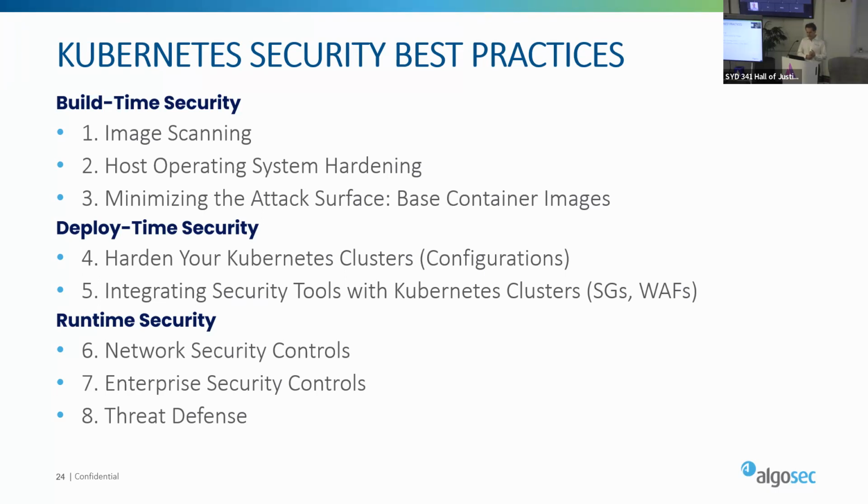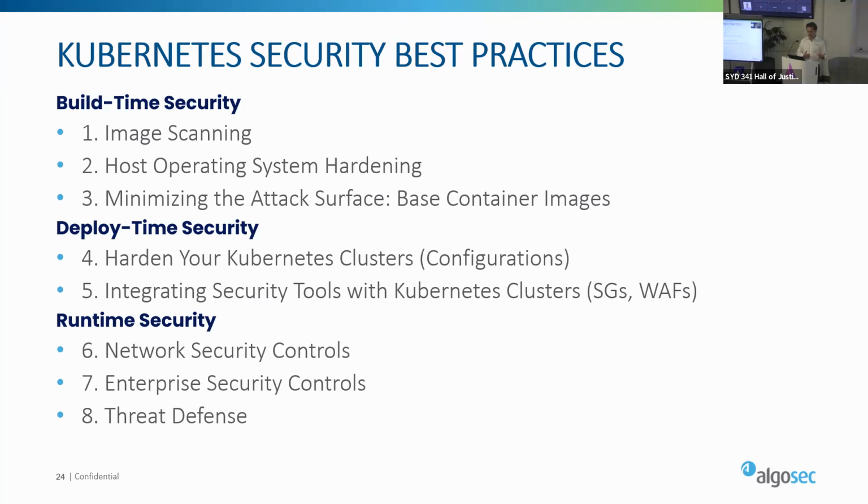And then the other is deploy time security. So there are things you're doing in the CI, things you're doing at the code level that you can harden. And then there are things you can do during deployment and at the infrastructure level, like things you can do with security groups and firewalls. That's at the infrastructure level and the configuration.